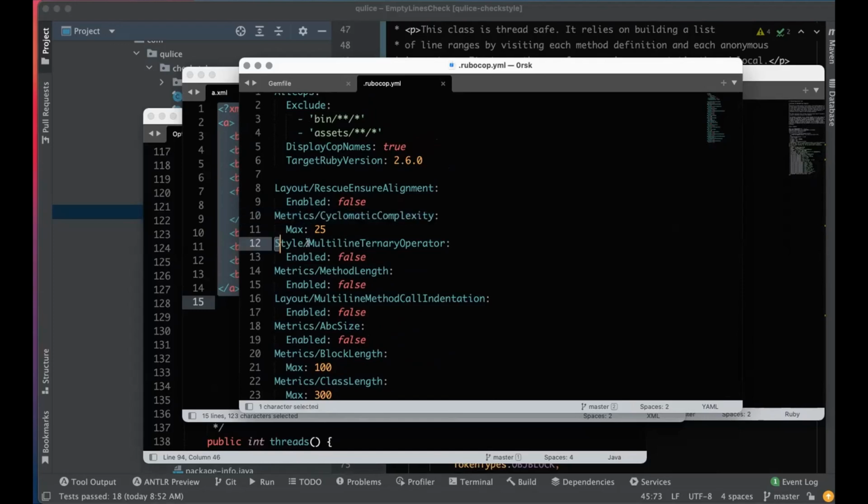For example, here, multi-line ternary operator. If you see that, don't complain, enable false. Or for example, method length. If you see the very long method, please don't complain about that. So I basically disable some of the rules, which you can also do, which is not really a good practice